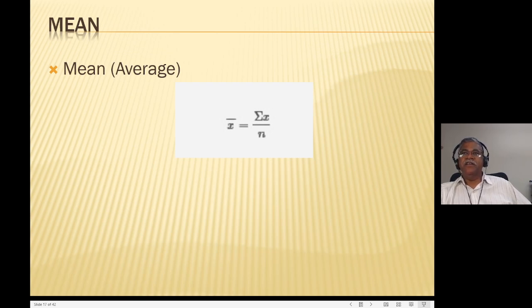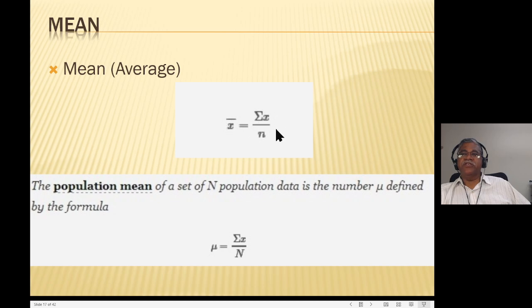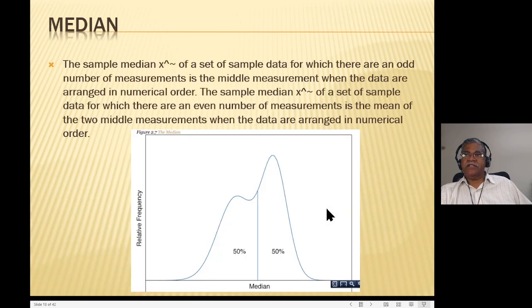Simple formulae. For example, this is an average. That means you add all the terms, divide by n, and you get an average. And then in terms of the notations and the terms, this is a sample. When you go for a population, the X bar with a bar on top of it, again addition over a large population, and the average notation is the Greek letter mu. For a large population, it is the Greek letter mu, and so there's that.